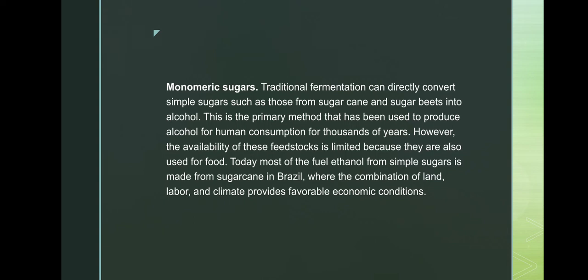Monomeric sugars. Traditional fermentation can directly convert simple sugars such as those from sugar cane and sugar beets into alcohol. This is the primary method that has been used to produce alcohol for human consumption for thousands of years. However, the availability of these feedstocks is limited because they are used for food. Today, most of the fuel ethanol from simple sugars is made from sugarcane in Brazil, where the combination of land, labor, and climate provides